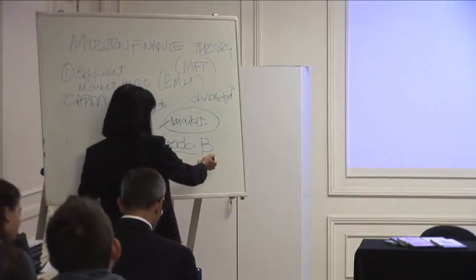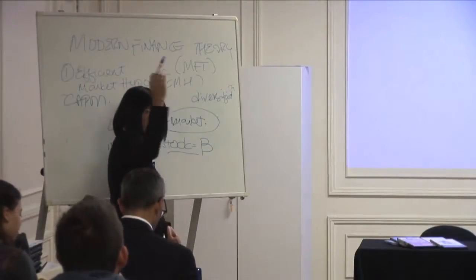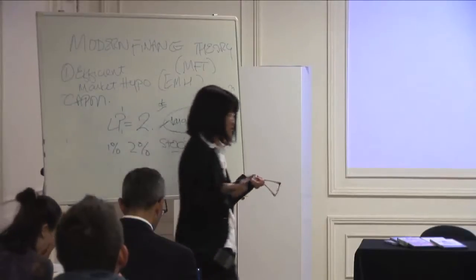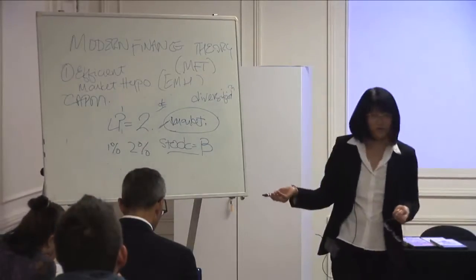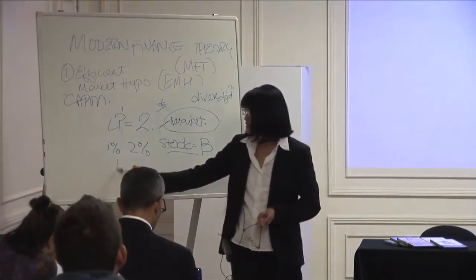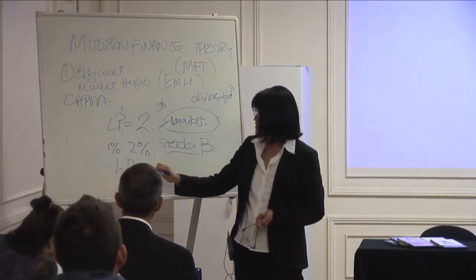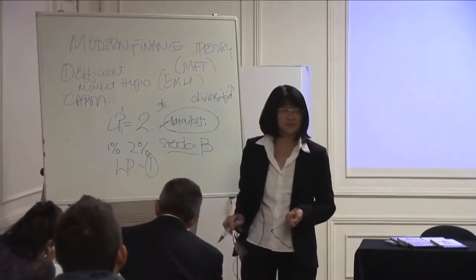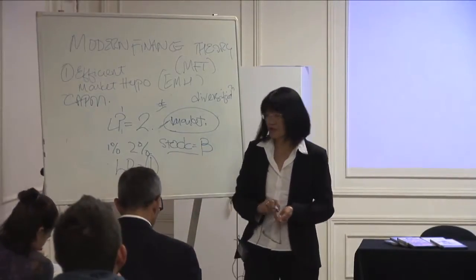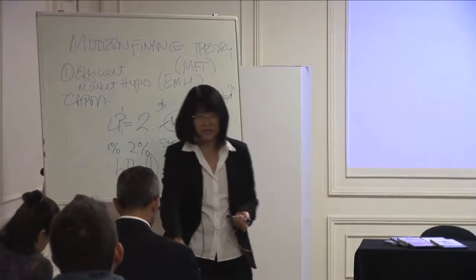So the higher the beta, the more it will move up when the market moves up. If the market moves up 30 points, the stock will move up 60 points if it's 2. Let's just say the beta of LP is 1. So if the market moves up 1, the stock will move up 1. It's perfectly correlated. So that's CAPM.